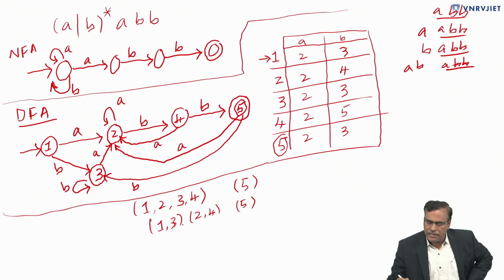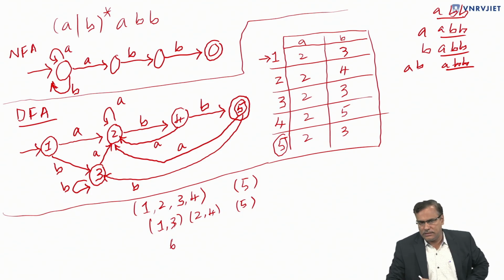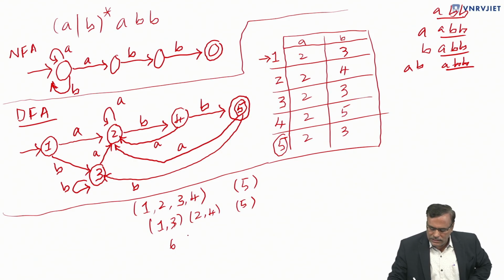Anything it can be done. It is up to you. Otherwise, if you want to replace the entire thing, that is 1, 3, with some other number, say 6, you can replace it. So by doing so, what will happen? Wherever this 1, 3 is there in the table, there you can take a new state. Let me call it, for example, 6. Then you will have the states 6